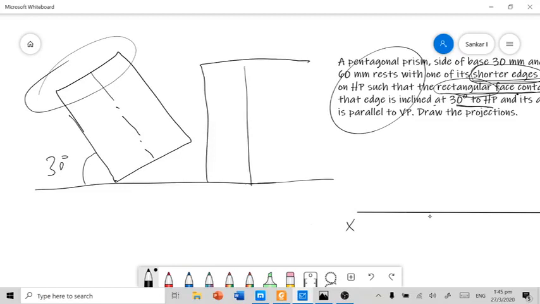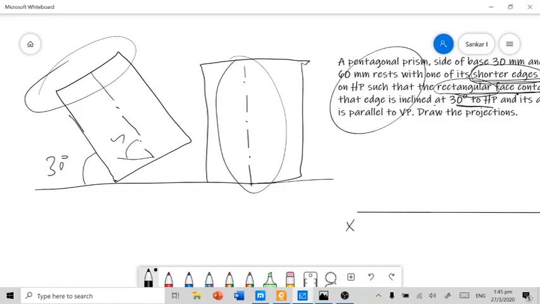In this problem, we need to make the axis perpendicular to HP. This is easier for us because the axis is now parallel to VP and inclined to HP. It's parallel to VP and inclined to HP. So it is easy to make the solid axis perpendicular to HP instead of making it perpendicular to VP.